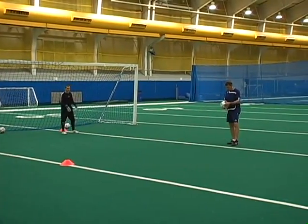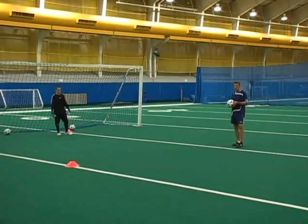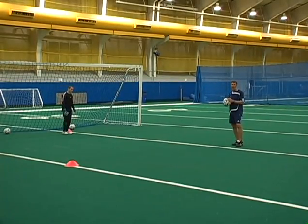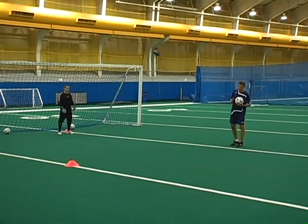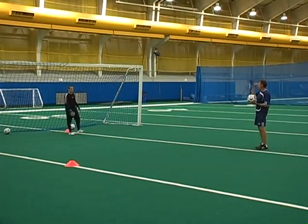And the basic principles we say is box it high, far, and if possible, wide. Okay, that's the best area to get rid of the ball. High, far, and out to the flanks. In this situation, ball coming straight on, we're just going to have Eric box the ball past me